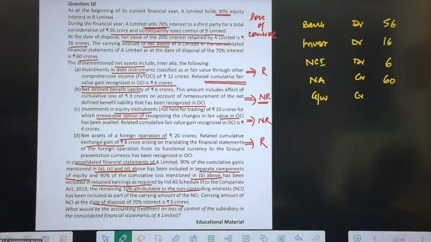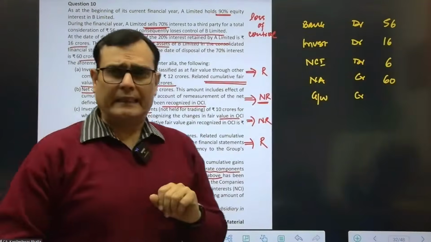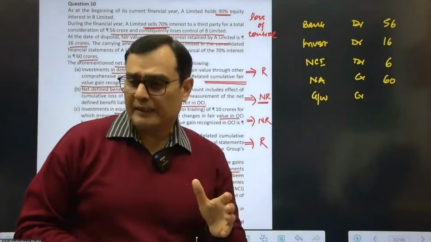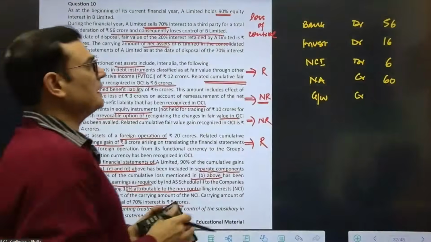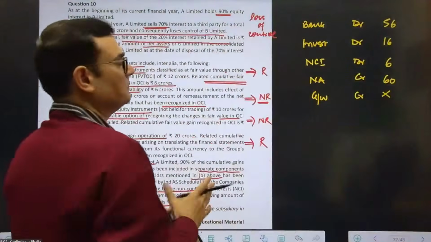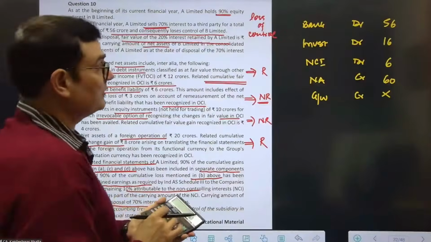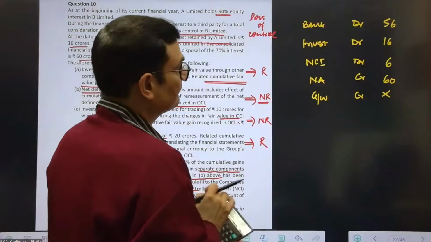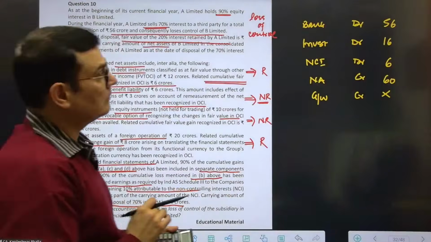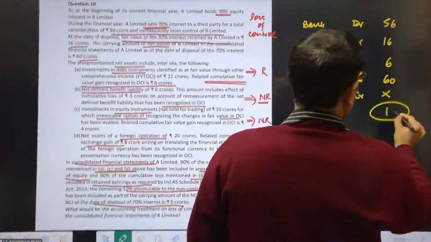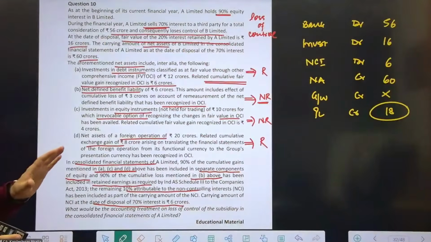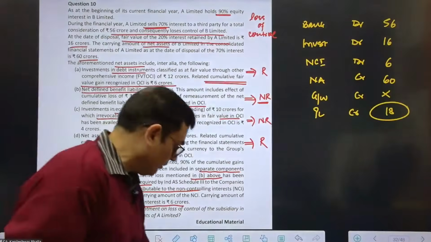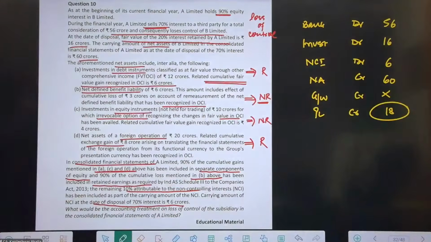Are we given any goodwill status in the question? Or is there any data which is given with which I can calculate goodwill on acquisition date? I think no. So in the absence, I assume that there is no goodwill, or maybe it stands impaired, whatever. Now let's see the balancing figure in this case. I think it's 18 on the credit side. So that would be a gain which will be taken to the profit and loss. So this is one entry which we do once the disposal of the shares takes place, resulting in a loss of control. Now we're going to put entries for these 4 points as well.